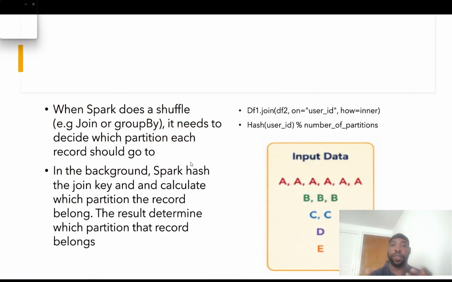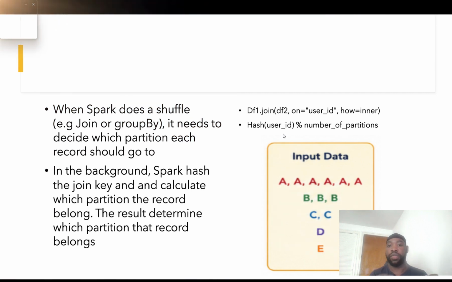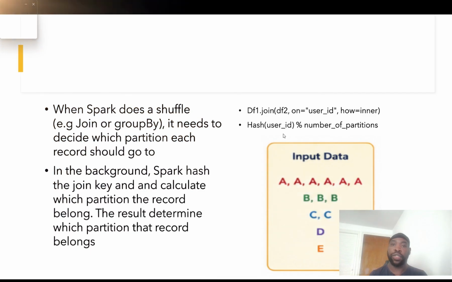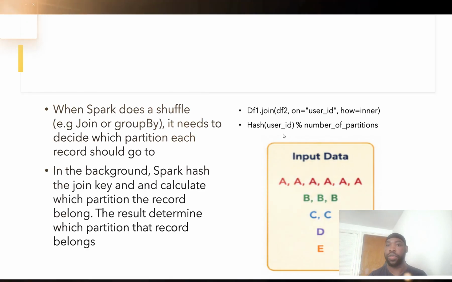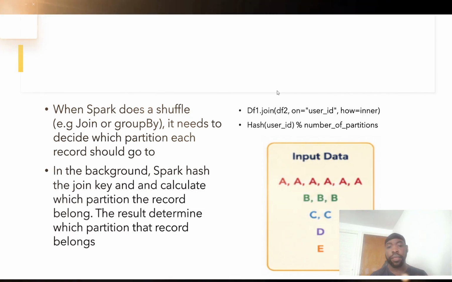There's a function called hash that Spark uses, and it calculates the modulus of the result of that hash with the number of partitions within the cluster. By default, Spark uses a shuffle partition count of 200, but you can set the number of partitions within your cluster. You can set it to the number of cores within your cluster. So by setting it, you sort of enable core alignment. Now,